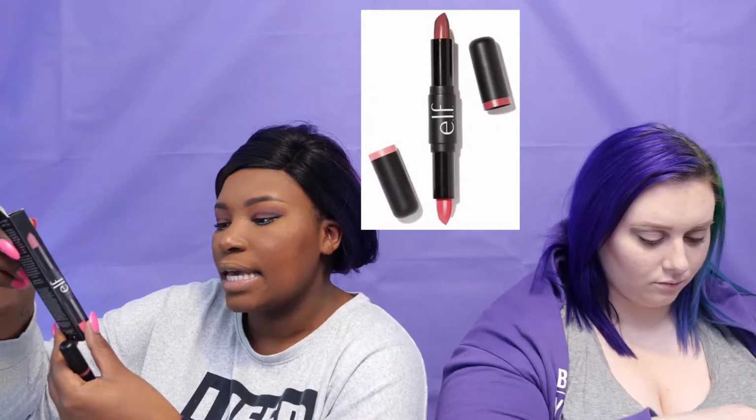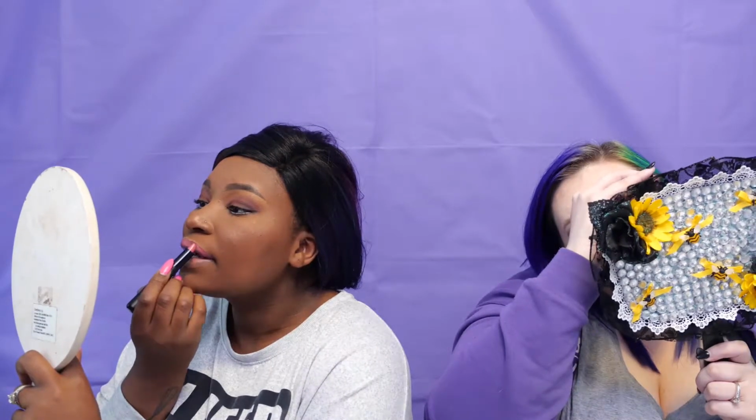So it's the Day to Night lipstick duo, and it's in I Love Pinks. It doesn't give me shade names, but this is a velvety satin formula enriched with shea and vitamins A, C, and E to help nourish and hydrate. Dual ended. We love a good dual end. So I'll go darker first. It definitely feels